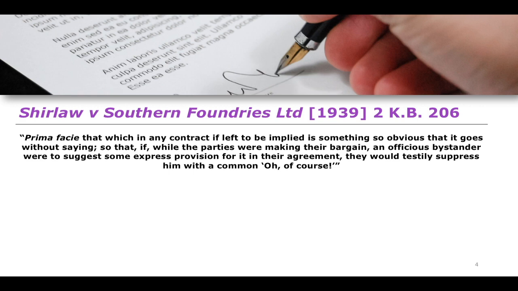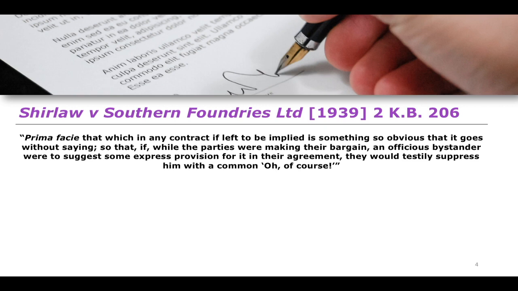So essentially, what this test requires us to do is to imagine, let's say, that we are at a cafe and that I am a random bystander listening in on the negotiations of a contract between two people. And I go up to them and say, "Oh, by the way, this term should be in that contract." And they respond with, "Oh, of course it should be." That is essentially the officious bystander test, such that any reasonable bystander that would happen upon your